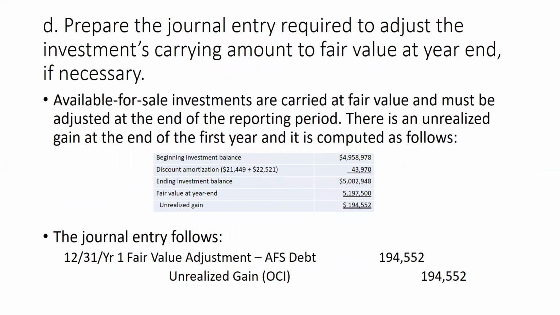The last requirement is that we prepare the journal entry to adjust the investment's carrying amount to fair value at year end. So we look and see that the beginning balance in the available for sale debt investment account was $4,958,978, the present value of the bond at the time of issue. And when it's increased by the discount amortization, we have the investment balance of